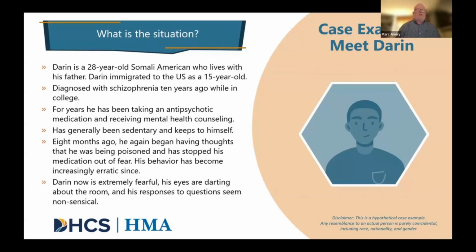Darren's mental health case manager then visited him in the emergency room, where he appeared notably restless and afraid. His eyes appeared to dart around the room as if he was seeing or hearing things. When asked how he was doing, he responded somewhat nonsensically, saying, "The CEOs, they know my name. The name is the game. The game is the answer, but they won't answer." When asked if he understands what's happening to him, he says, "Yes, I'm being poisoned." And then when asked why he was yelling in the street, he said, "I need to let everyone know the poisoners are here."